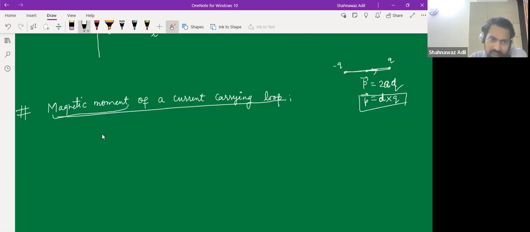But in this case, because we are considering a loop, the loop will have an area. And there is charge, so charge is replaced by what? Current. This is the magnetic moment of a current carrying loop. And if it has n turns, then